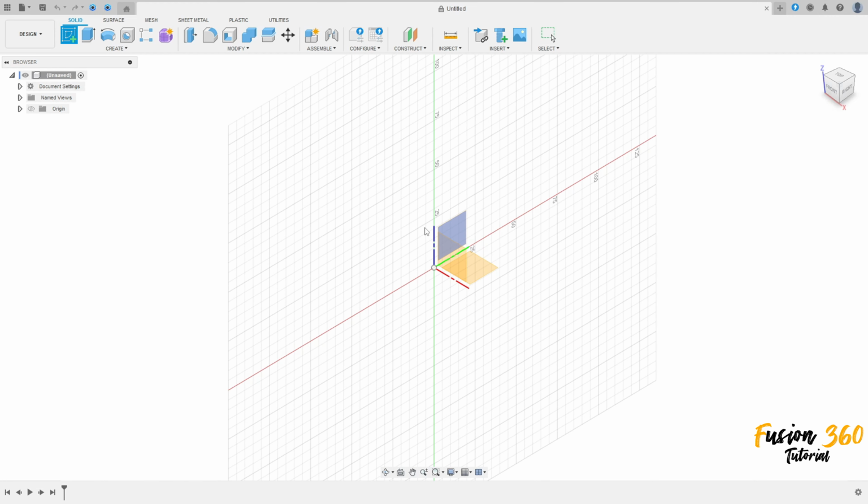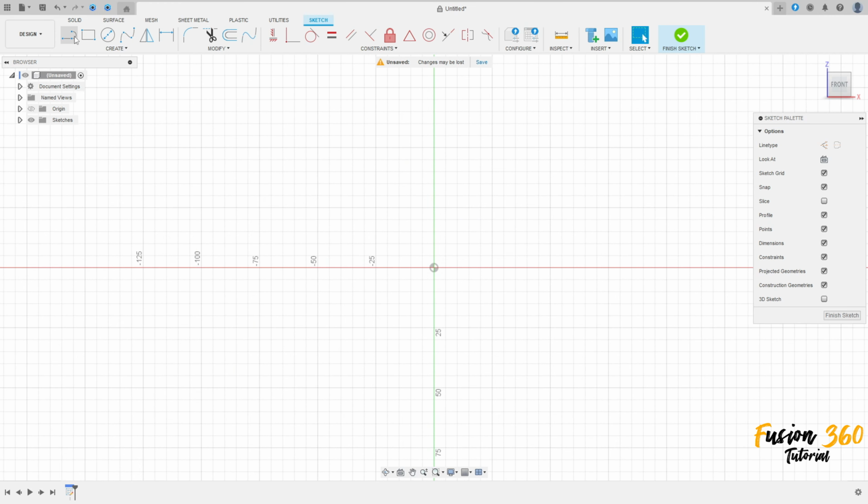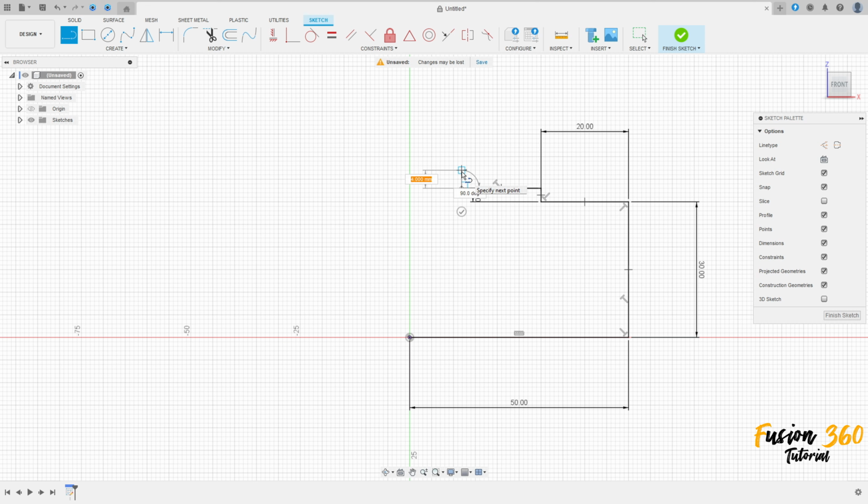Go to create a sketch, select the front plane, select line, click here at the midpoint, make a line here with 50 millimeters, a line here with 30 millimeters, 20 millimeters here, 3 millimeters here, close here, make this